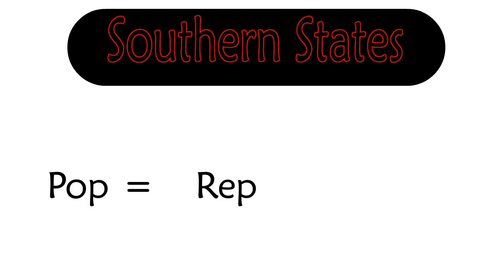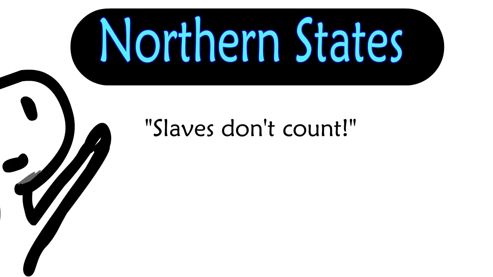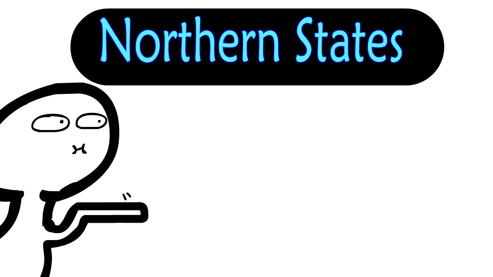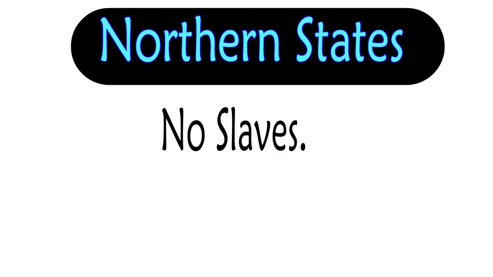Why, you ask? Because the more population you get, the more representation you get, which is the more power you get in Congress. The Northern states are more like, hell no. Slaves aren't people, slaves don't count, they never have and they never will. Just because the more slaves you have equals more power, and the North has no slaves at all. So by the end of the day, the fraction that we get, and I get nauseous as I say the term, is a 3/5 fraction compromise.